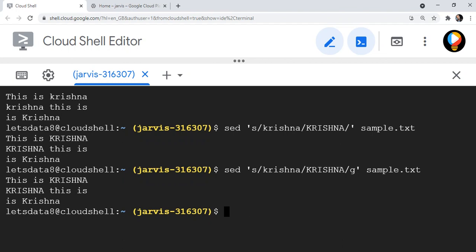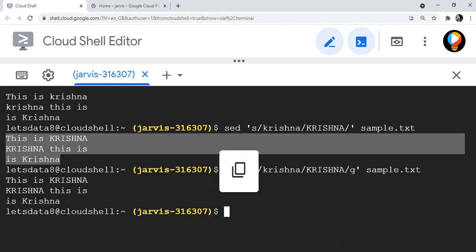You can check on the internet what the different variants of the sed command are, and there are other use cases as well, for finding itself, not only for replacing keywords. But if you see, we are just displaying the results of the changed file, right? We are not storing it.